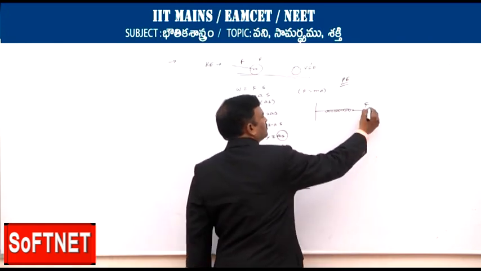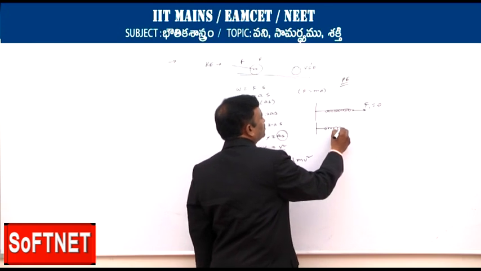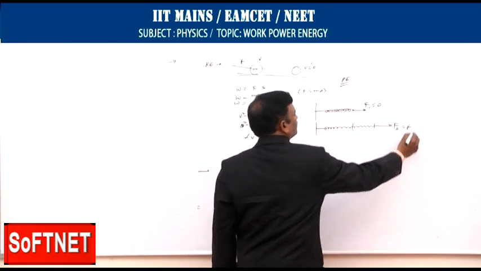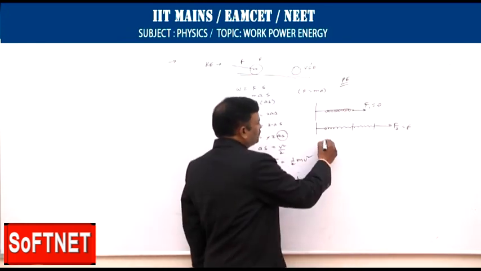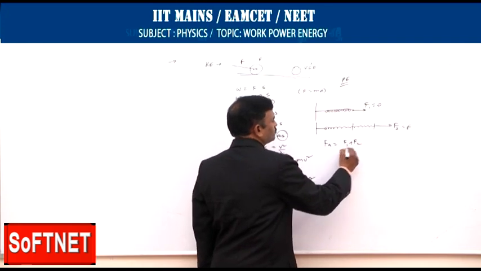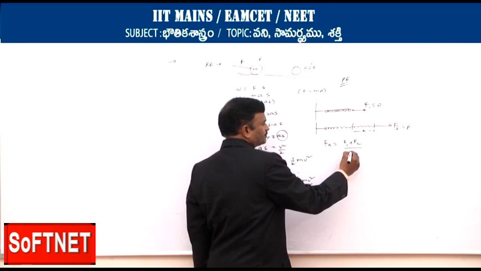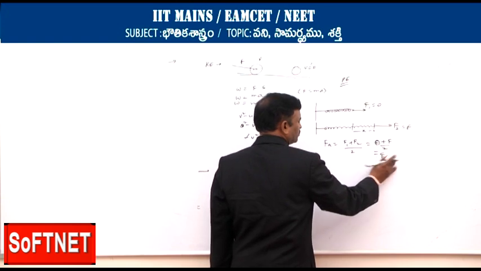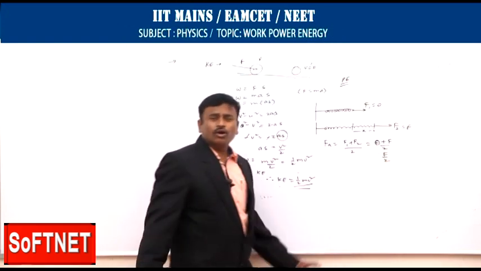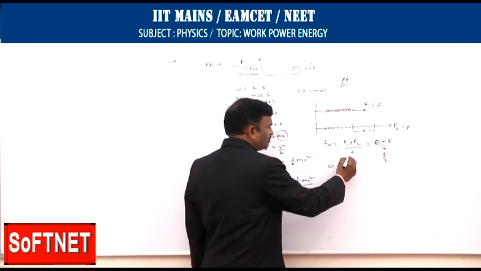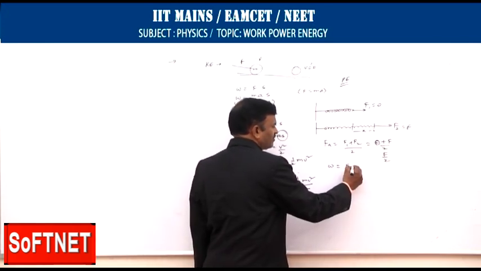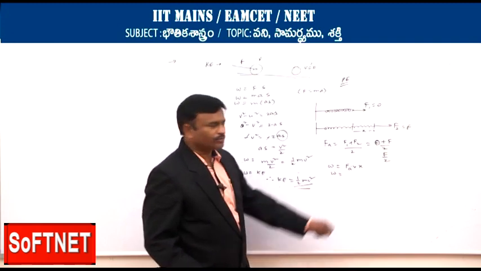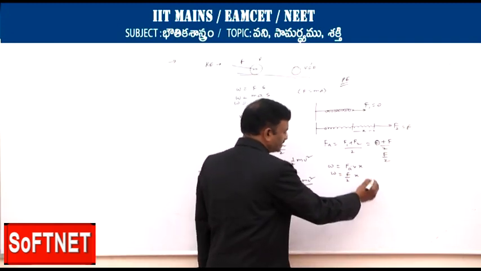One is, there is a spring, assume F1 is equal to 0. Now let us take the spring is pulled. దాన్ని బలం అప్లై చేసి ఇంత దూరం పుల్ చేసామనుకుందాం. F2 is equal to F. The average force is F average is equal to F1 plus F2 by 2. It is X displaced. So F1 is 0, F2 is F, so final is F by 2. How much work is done? The work done will be equal to average force into displacement X. So W is equal to F average, which is F by 2, into X.